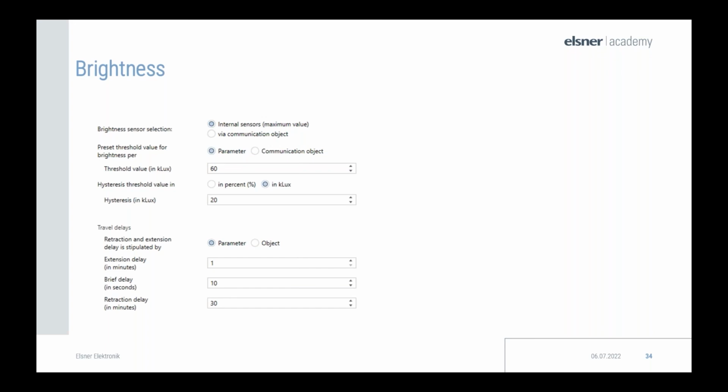So that's why you can set the short delay, which is interrupted, for example, for 10 seconds by a huge cloud. The slats can be opened to get the daylight into the room again. If the threshold value is undershot for 30 minutes though, the shading is retracted again. As I explained in other examples, if you're thinking about automatic shading control, you do not want to have movement every minute if there's a slight change. You only want it if there's a significant change over a specific period of time that you can set in the ETS settings as displayed before.